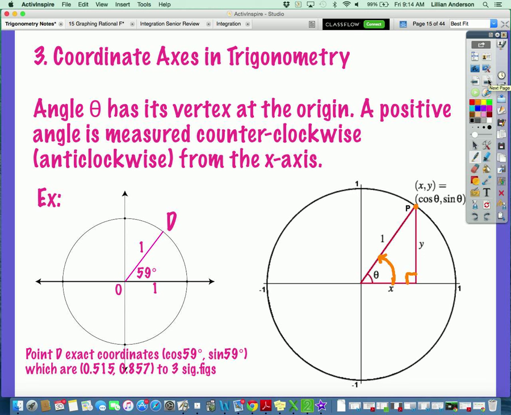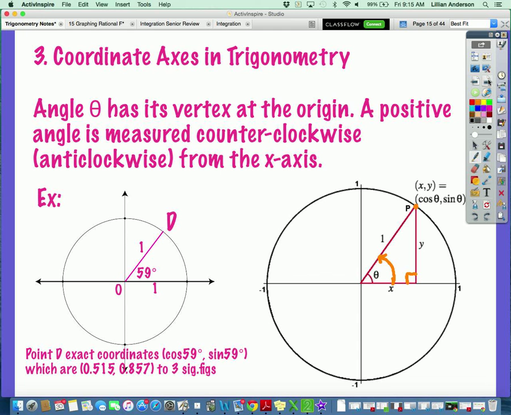Coordinate axis in trigonometry, okay? The angle theta has a vertex at the origin. A positive angle is measured counterclockwise or anti-clockwise from the x-axis. They can use either counterclockwise or anti-clockwise. They mean the same thing, okay? When you're on a unit circle or on a coordinate axis, it's usually measured in a counterclockwise direction,